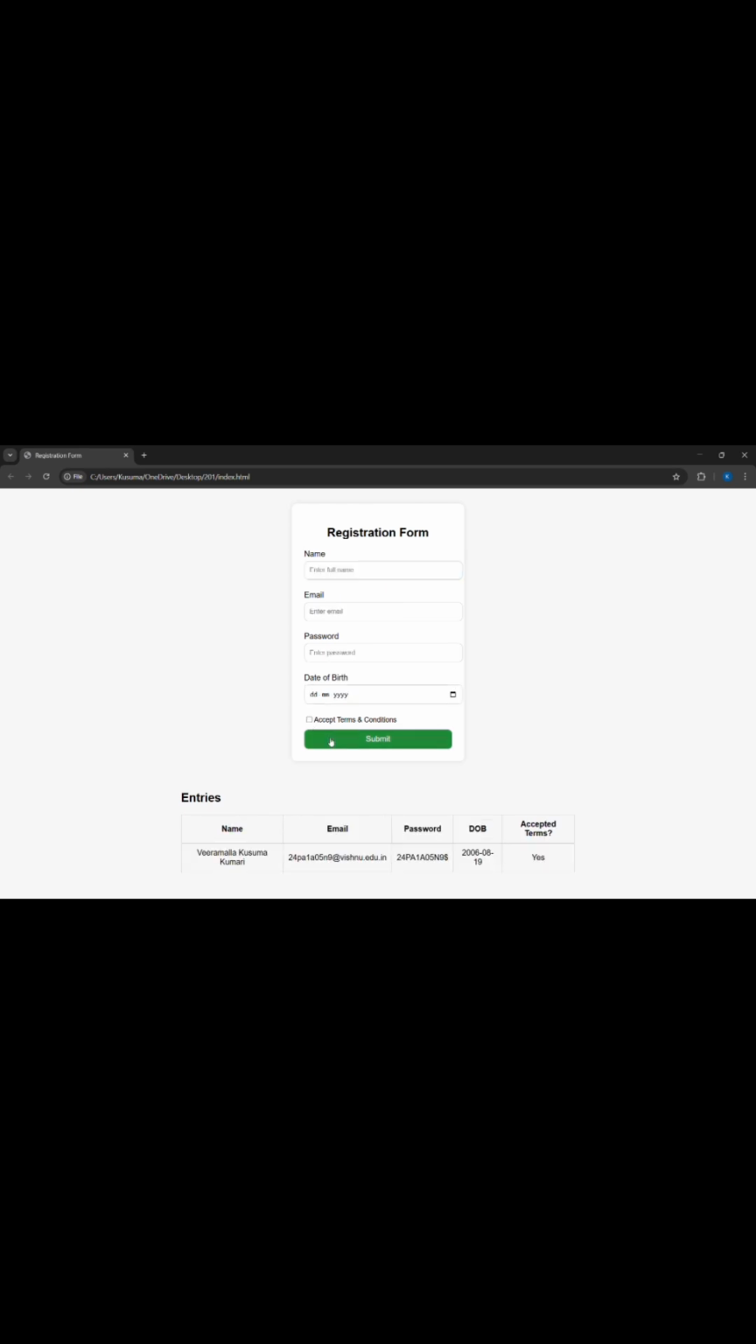As soon as we click submit, the JavaScript takes the values entered in the form. It creates a new row in the table below. Each column of the row shows the values we just entered: name, email, password, date of birth, accepted terms. So now the table displays one entry. If you fill out the form again with different details, another row will be added below the first one,